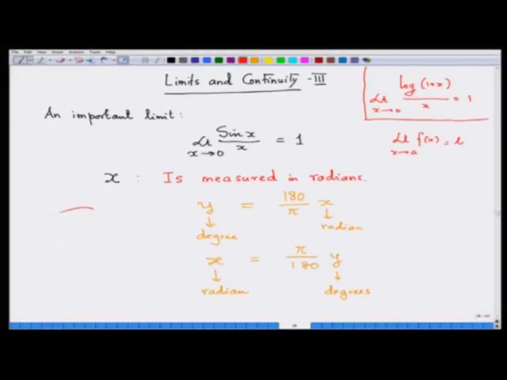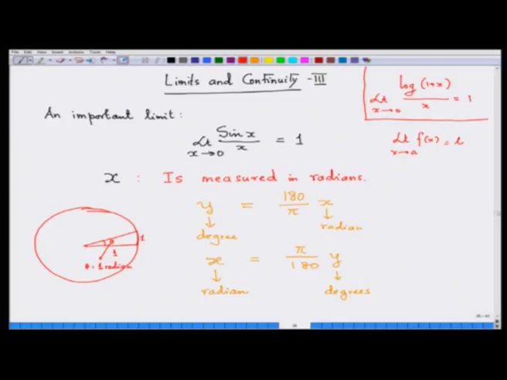So, here is your circle, say circle of radius 1 centimeter. If you sweep an arc of length 1 centimeter, then the angle that is swept, this angle theta, if this arc is also 1, then this angle theta is called 1 radian,